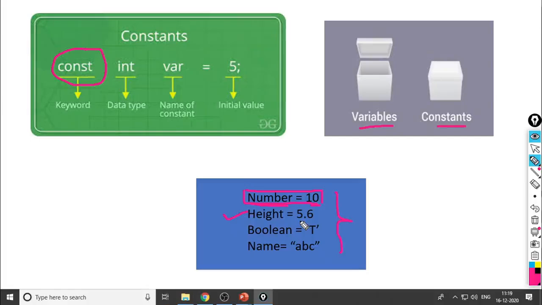Value is 5.6. And what is the assignment statement here? Height is equal to 5.6. Here we have assigned a fractional value, a real value, to the variable height. This value is called a floating point value.